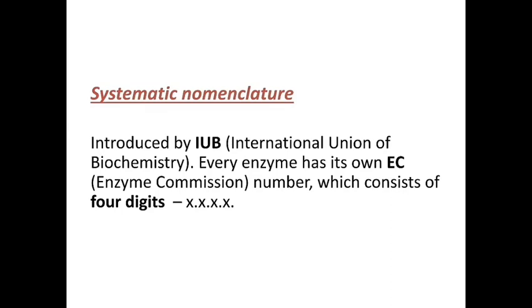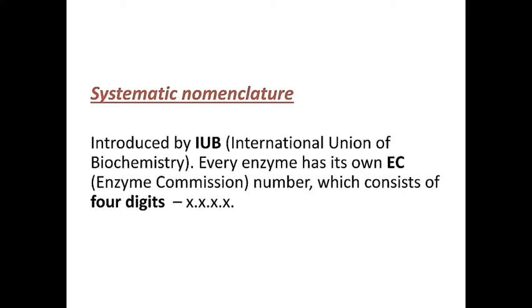Now coming to the end, that is the systematic nomenclature. The systematic nomenclature has been introduced by the International Union of Biochemistry, and in this type of nomenclature every enzyme has its own EC number, that is the enzyme commission number, and the EC number is made up of 4 digits which are separated by periods, and the first digit denotes one of the 6 main enzyme classes based on the type of reactions they catalyze, and the second number indicates the subclass,